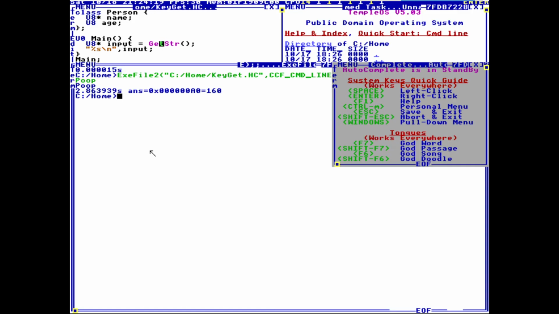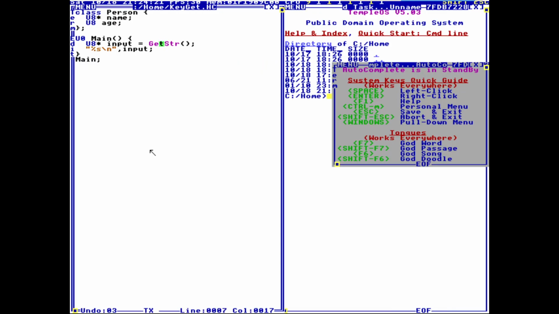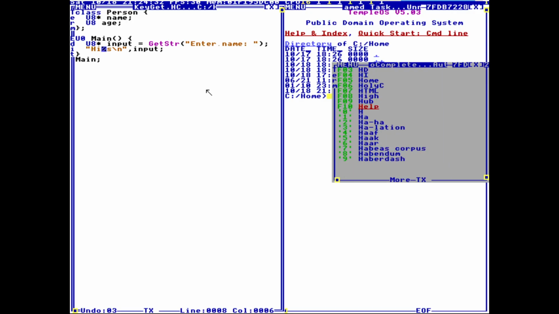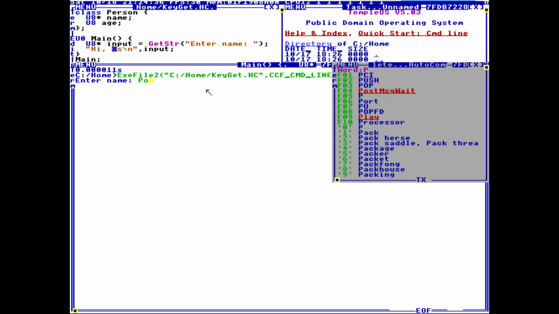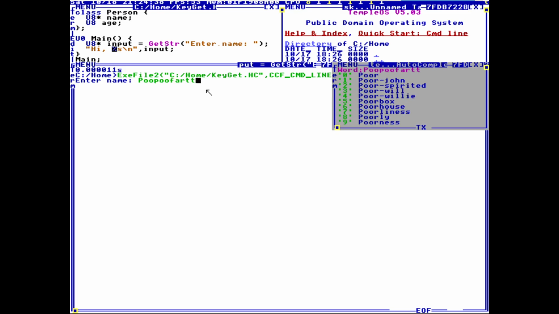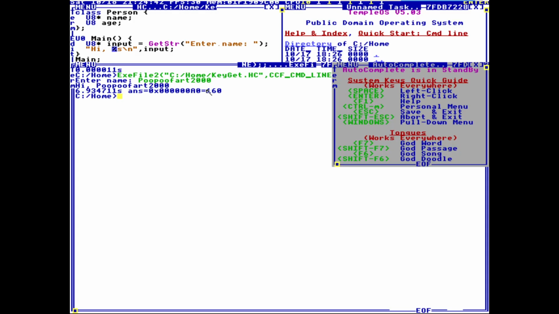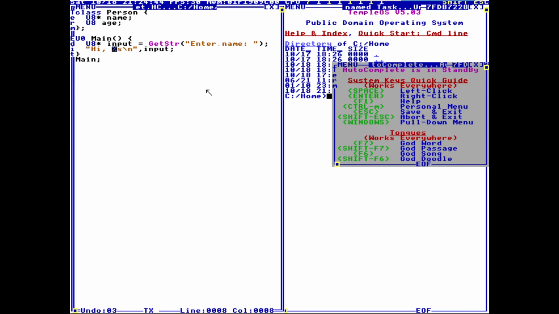There, very useful. But we could also add a prompt for it, or a message as it calls it. And then we can say, hi. Hello, poop poof fart 2000. See? It works. So, now that we have our name,